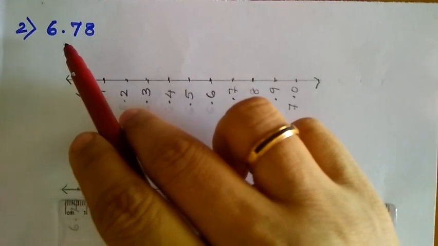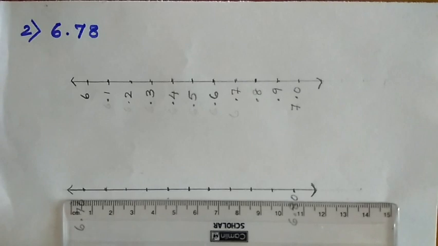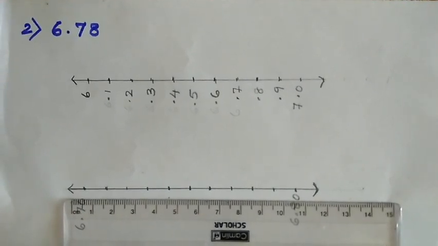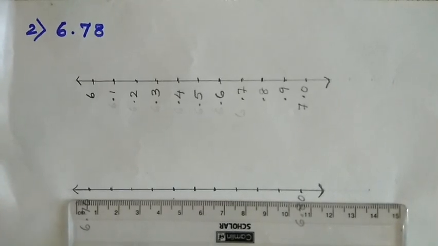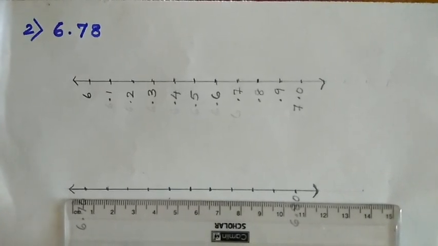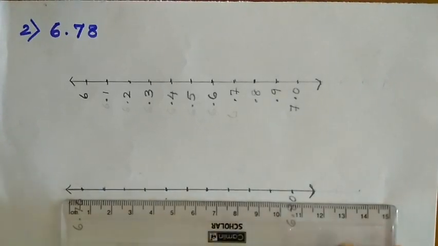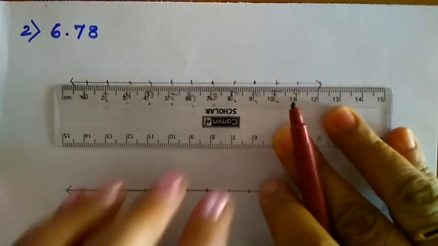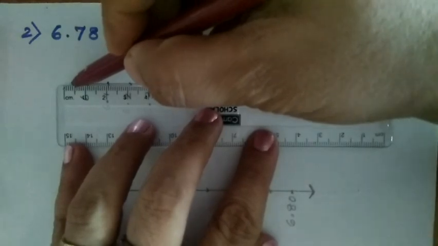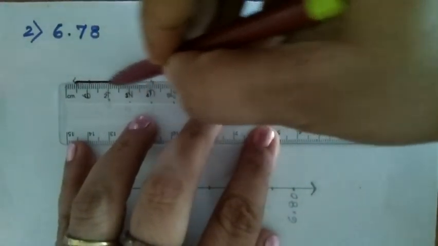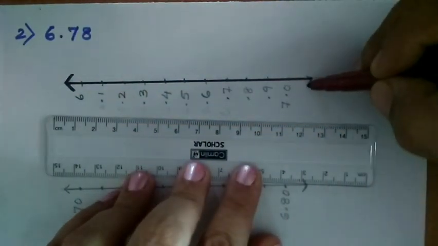Second question is 6.78. We have increased here one more decimal. 6.78, the decimal side is having 2 digits. First step, we should identify where 6.78 lies on the number line. We know that it lies between 6 and 7 only. So from there only we are drawing the number line. That is our first step. There is no need of teaching you the number line because we will take a 1 centimeter gap. So the number line we are starting from 6 only.